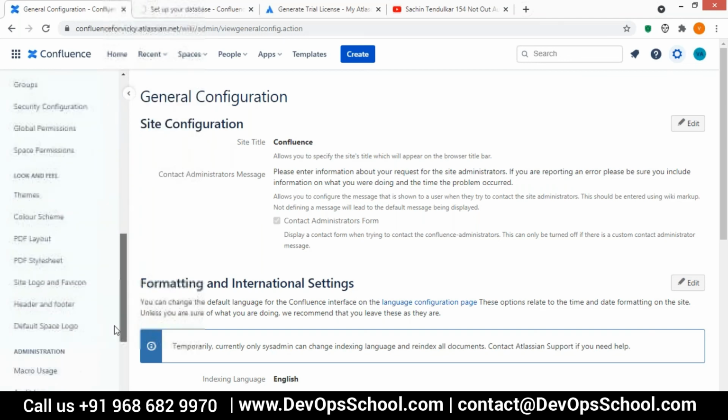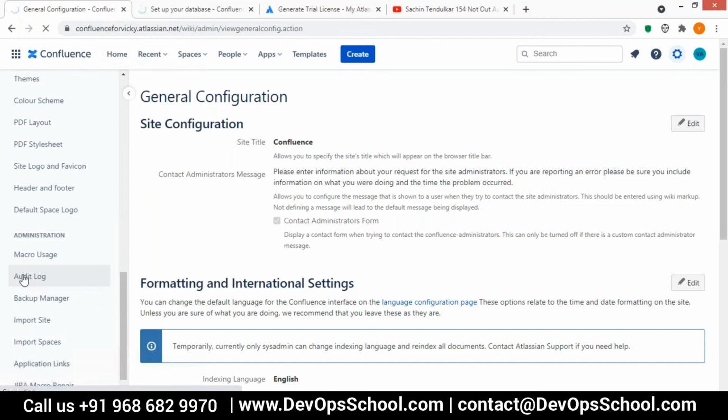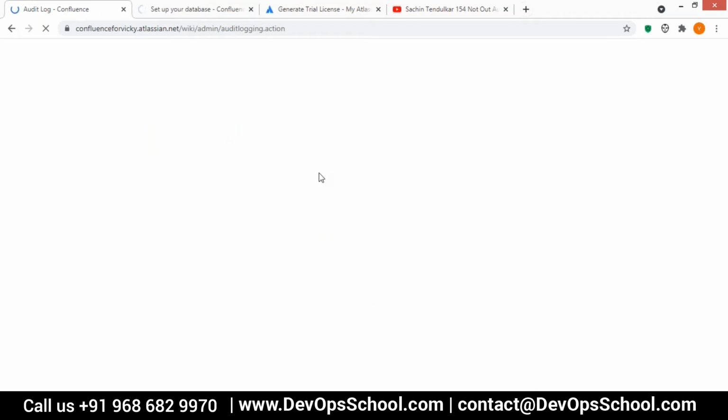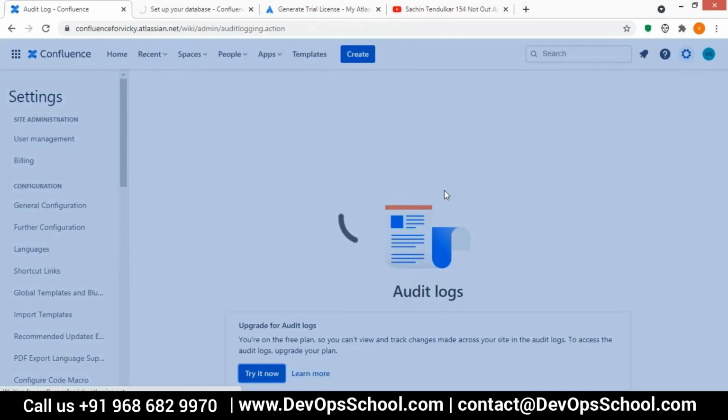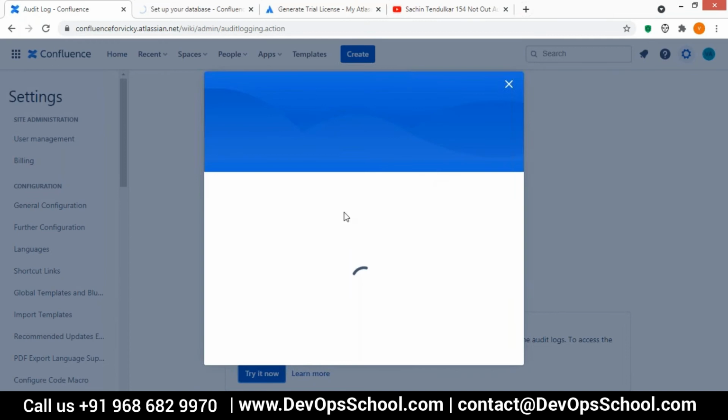One thing I'll explain is the audit log. The audit log is used by the admin to check what has been done till now, so that he is aware of what's going on and that nobody is playing with the Confluence application that has been created.